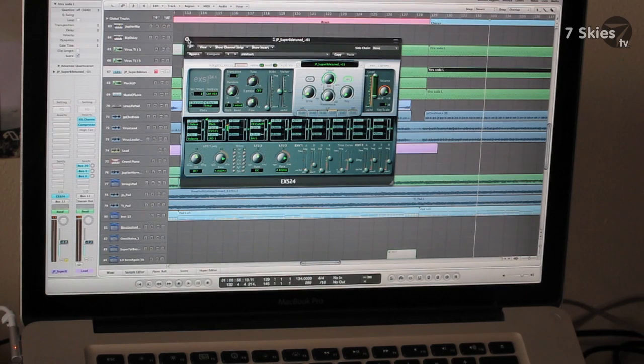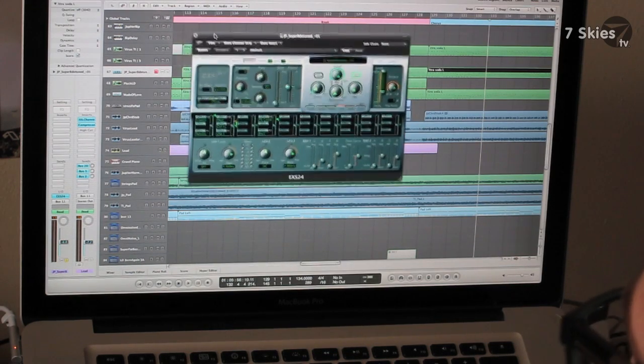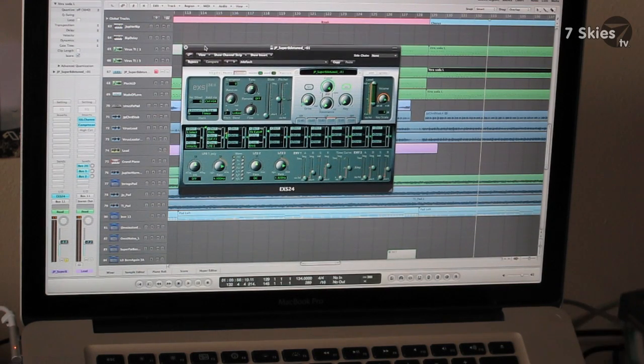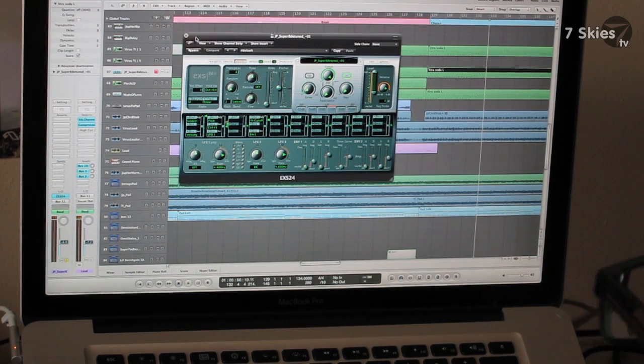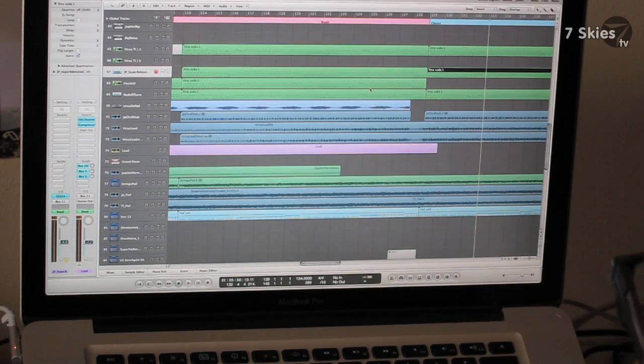It works better on Kontakt, but I just didn't want to destroy my CPU, so I just opened an EXS24. It'll be available as soon as I can finish it, but it's probably going to take a couple more years. I hope not, but seeing how things are and how busy I am, that's probably going to take a little bit. Anyway,